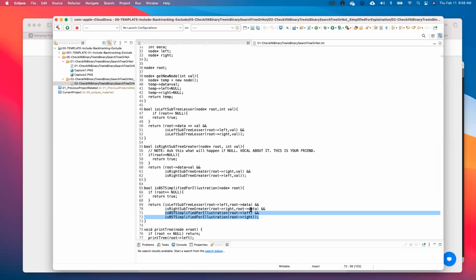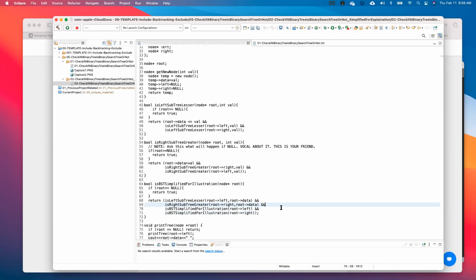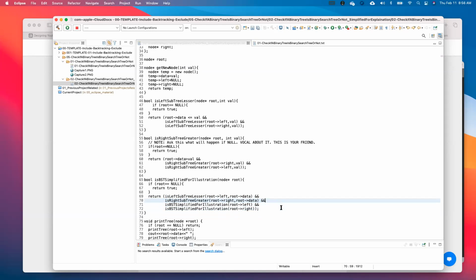Maybe I'm not getting it. Okay, so you are saying there is no need to check the left and right, because we already checked. Yeah, I was just thinking out loud. I thought maybe because we already do that in the previous ones, right? Maybe some test case might be there. That is what I was trying to understand.